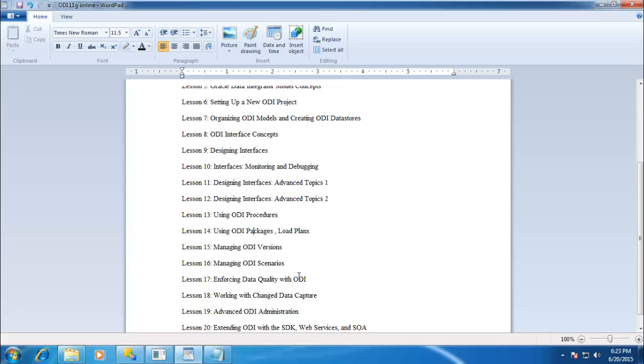And we can enforce the data quality. We'll see how we can enforce the data quality. At the database level, we may have some rules. It may be defined in your source application, but apart from those source application rules which you define in the database, if you want to define some additional rules, we can define those rules, and only the records that pass the rules can be loaded into my target place. We'll see how we can maintain the data quality in ODI.